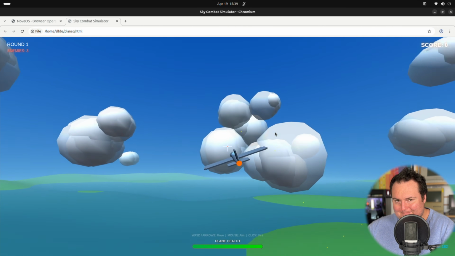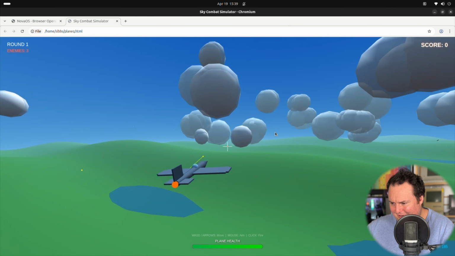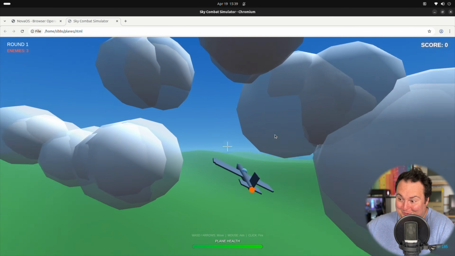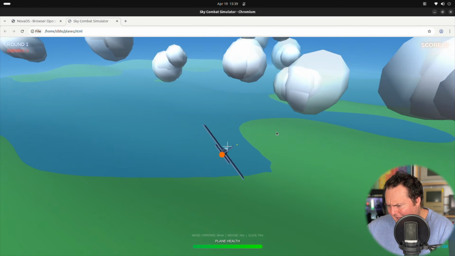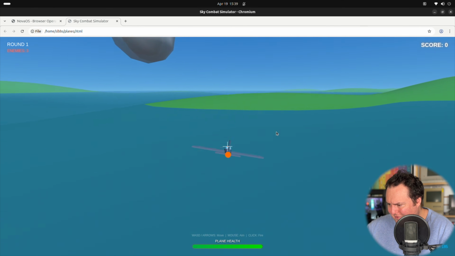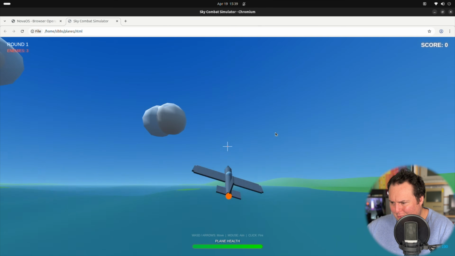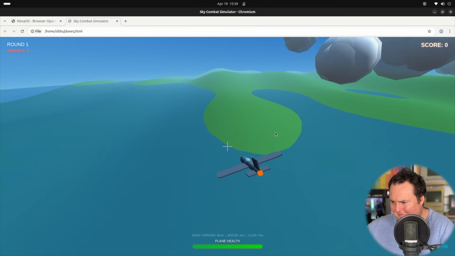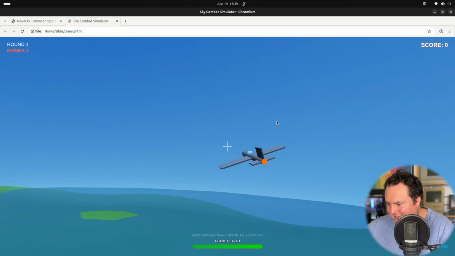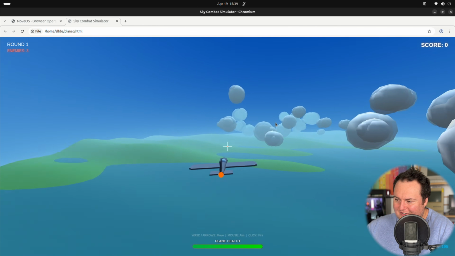If this was like a state-of-the-art dense 35B, maybe, but I have to say, in one shot, this is almost suspiciously good. The plane model is truly one of the better ones I think I've ever seen, period. Oftentimes, if you watch the videos, they come in various flavors of extreme jank, and this is fortunately not the case. Now, I do notice I can't really seem to engage any of the enemies,